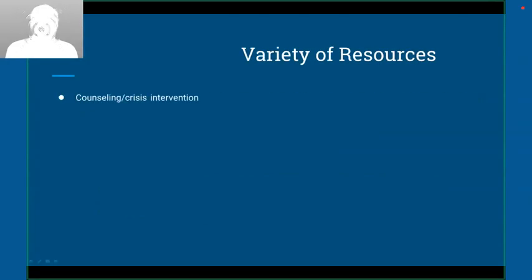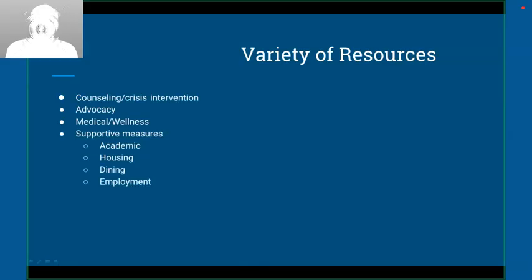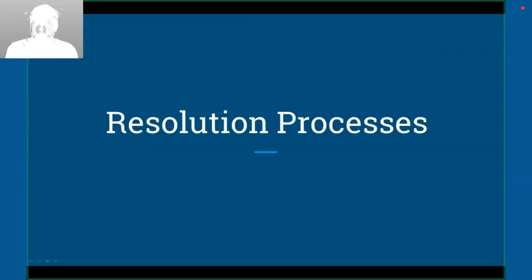So thinking very quickly about the variety of resources, it can be helpful to have counseling or crisis intervention that's offered for students, advocacy in a variety of ways, medical wellness resources that students can access in an affordable way, and then supportive measures where the institution helps them with academic struggles, if they need a change in their housing or dining, if there's an employment issue or extracurricular activities, and again, medical and wellness measures that the school can take that's really just supporting one student